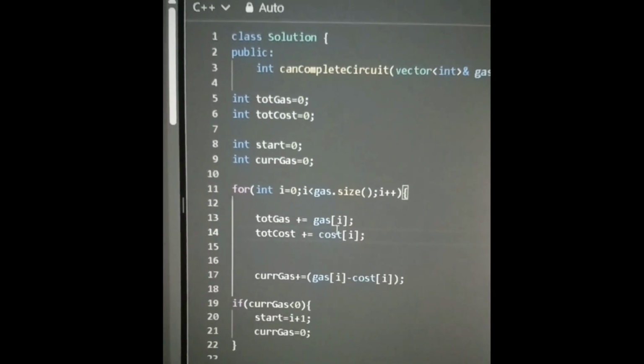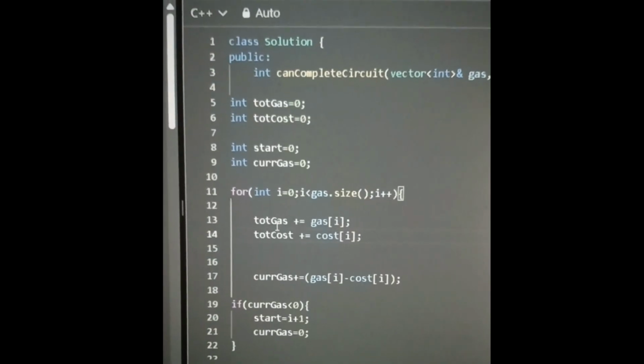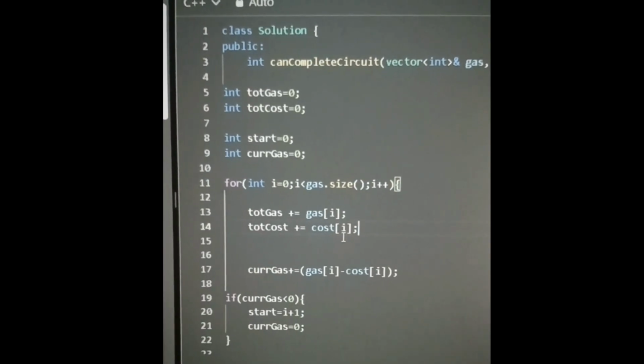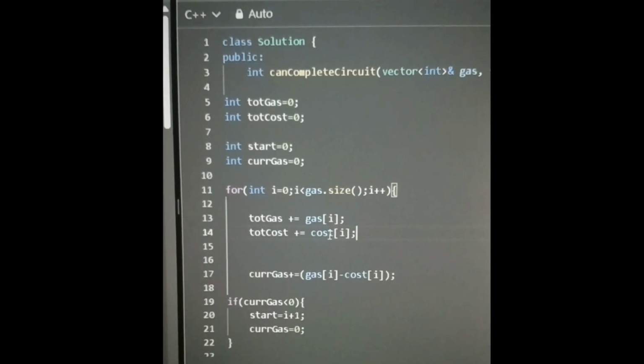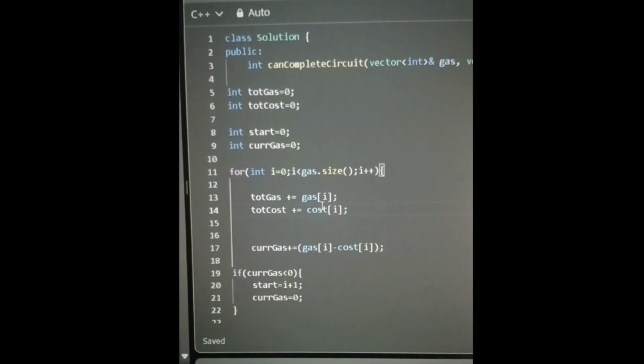There I used the value on the right hand side of both variable updates, but why I updated here as gas of I and cost of I is because this gas of I and cost of I come from